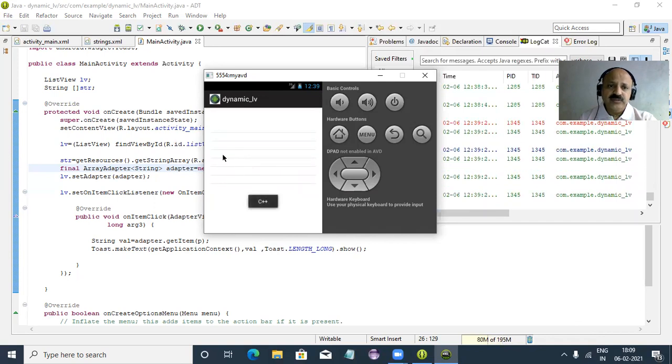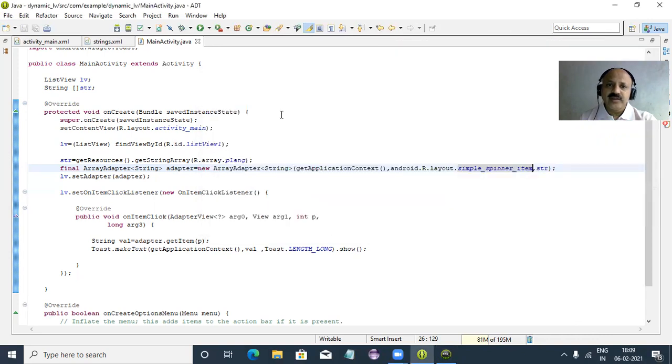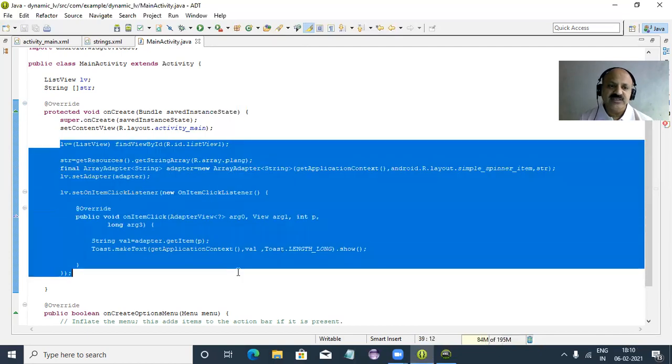Again, same problem. So we have to check all the lists, but sometimes it displays automatically. I already tested it, then I took my video lecture. But sometimes that is a problem. So that is an ADT inbuilt layout problem, not any problem in our coding side. So you can use Android Studio. That is better. In the ADT bundle, sometimes that type of simple issue is created, meaning that the list is not supported, only our item is not visible, otherwise our coding is fine. You can test it yourself by applying this coding.